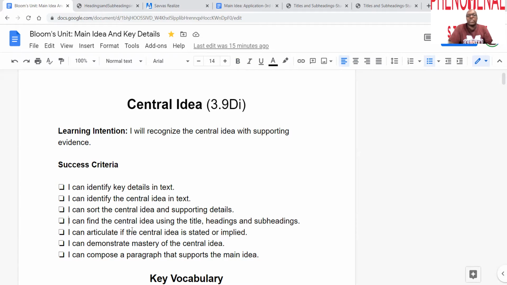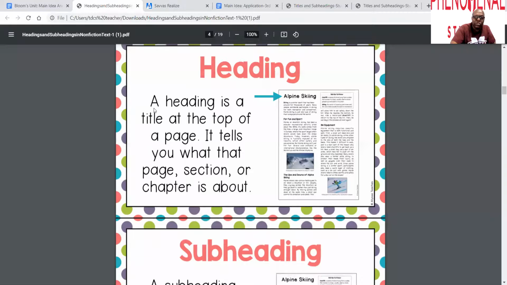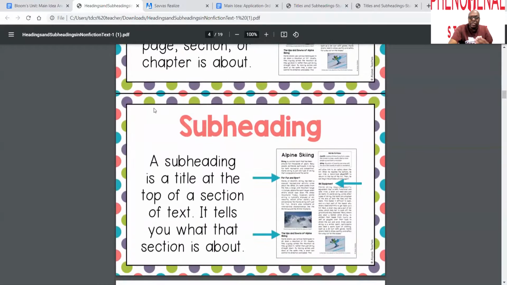So, all right, this is how I start this off. First, you start with a type of anchor chart. First, you teach kids, this is what a heading is. Because the most important thing with main idea, most of the time, is that state tests break it into sections. You'll be asked the main idea of a section or two paragraphs, but most of the time I won't ask them the main idea of a whole passage. But they need to know these little parts so they can build the main idea of the whole thing and comprehend it. Because I do consider main idea basically the plot of nonfiction text. So you teach them what a heading is, then what a subheading is. Then after you address that and let them know what that is,